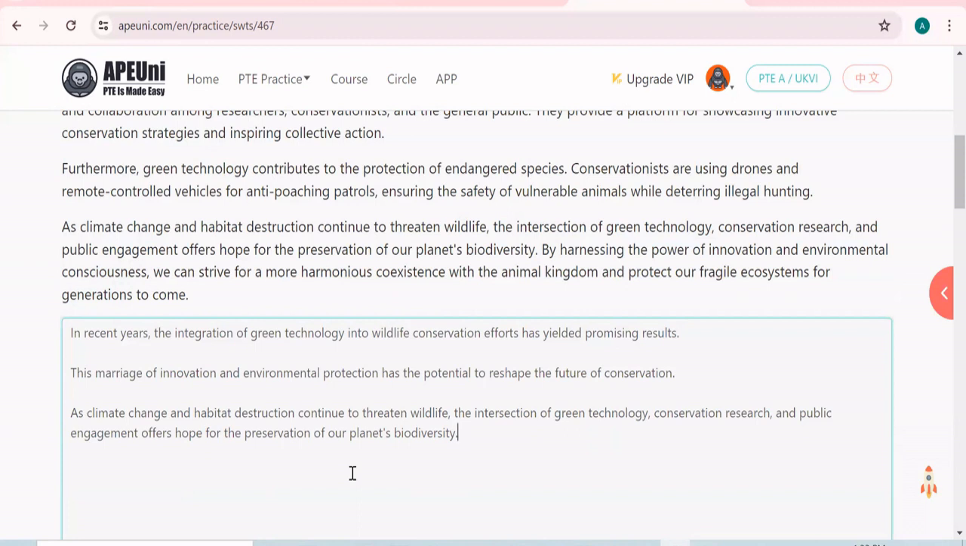I'm not going to change any of the words I've been given. But I am going to try and link them together in some way. So I'm going to have to play with punctuation and perhaps some additional linking words. So let's read this through. In recent years, the integration of green technology into wildlife conservation efforts has yielded promising results. This marriage of innovation and environment has the potential to reshape the future of conservation,